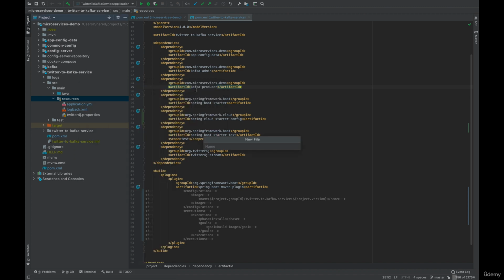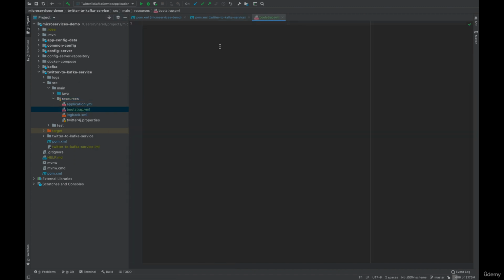We then need to add a Bootstrap YAML file to set up Spring Cloud properties. Again, we need to use Bootstrap configuration here, as the fetching of configuration from config server should be before loading the application configuration. In the Bootstrap YAML file, we first specify the Spring application name, which is a name for our microservice,